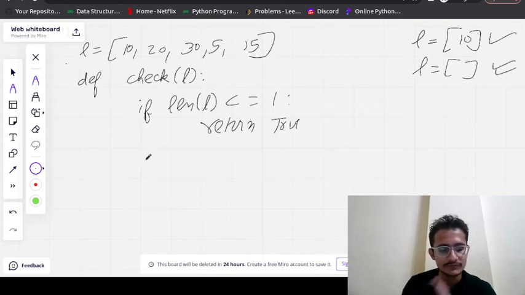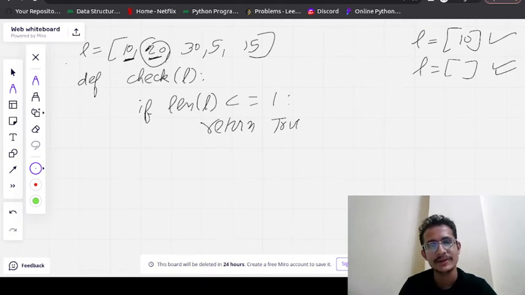Now what we will do, we will traverse the elements and we will check these two elements. If the element which is coming afterward in the list is greater, then we will move to the next element and then we will check. So as you can see 10 and 20, if we check 10 and 20, we get that 20 is greater than 10.